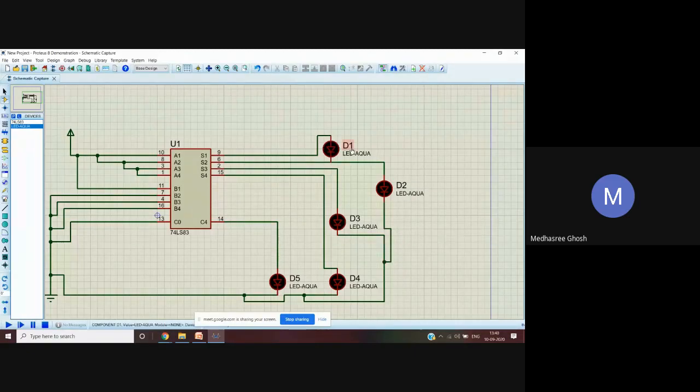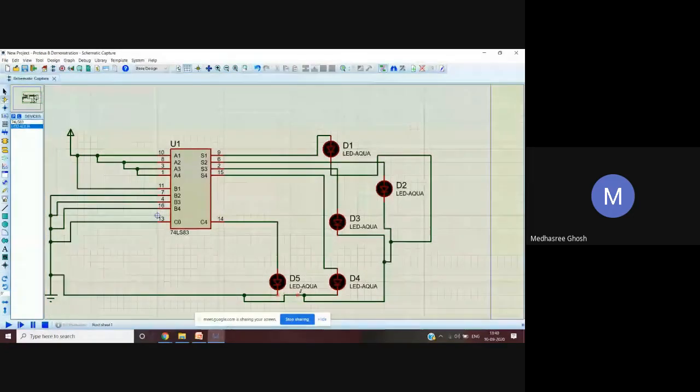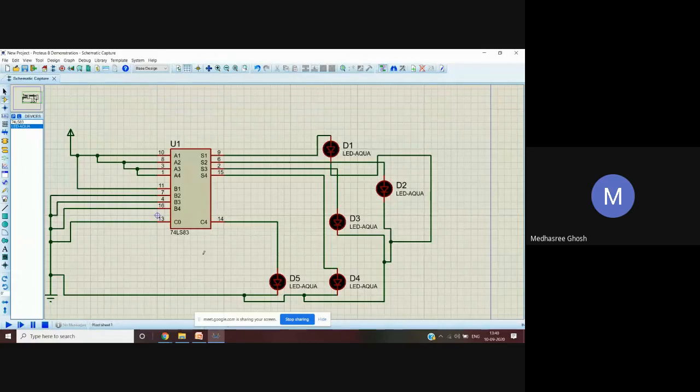All of them are connected to ground, so it doesn't matter what I am connecting to. And this is also with ground. See, you can connect one wire with one LED, and the rest will be added with another, because this line is representing the ground, this line is also representing the ground, this is also representing the ground. Now you see the circuit properly,